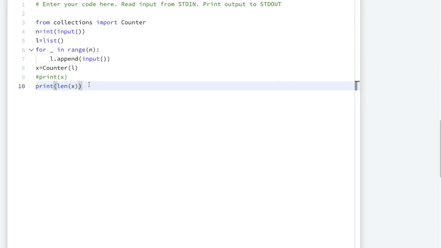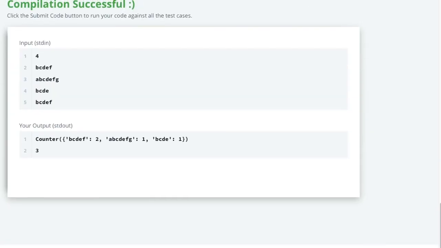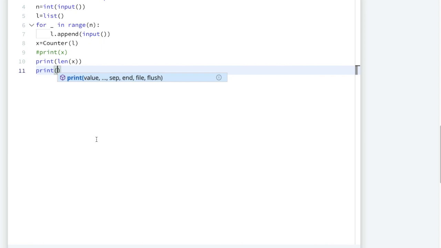Now we are done with the length. Now we have to print the total values. So we can simply use the print function, and we have to take out these values. This is the key and this is the value. So we can simply use x dot values.